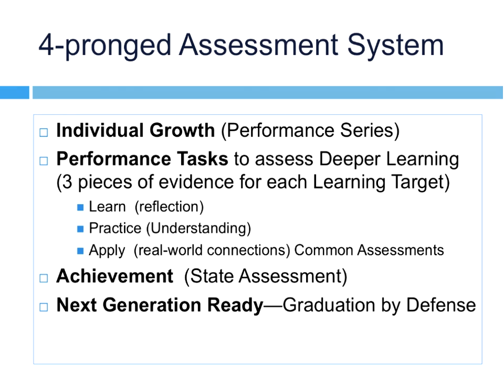So we have a 4-pronged assessment system. First, we look at individual growth, very similar to what you saw. We give the performance series 4 times a year. We expect 1.5 or more years growth. Last year, across all 12 of our direct run schools, the majority of students did have 2 or more years growth in both reading and math.